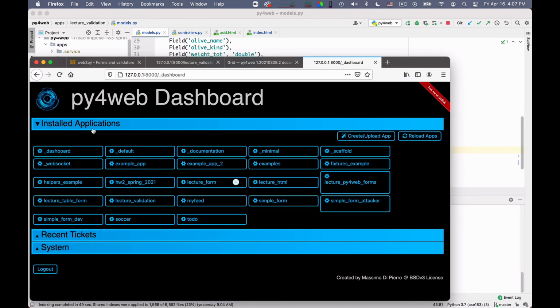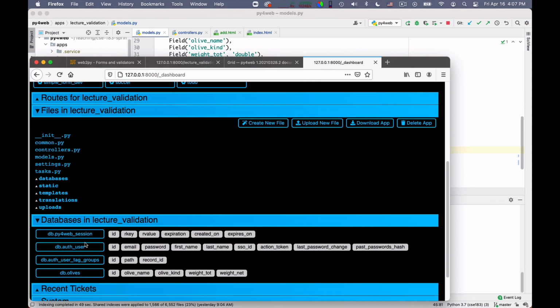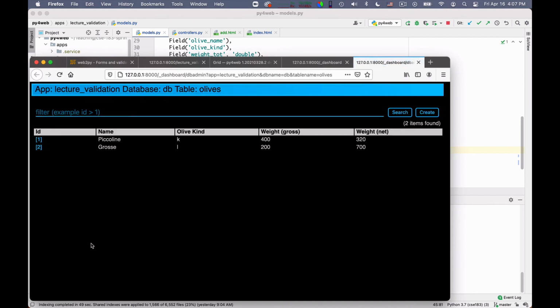I can look at the installed applications. I can look at the lecture validation. Okay, I can look at the database. This is my olive database, and we can see that there is some gross olives that have a gross weight of 200 and a net weight of 700.